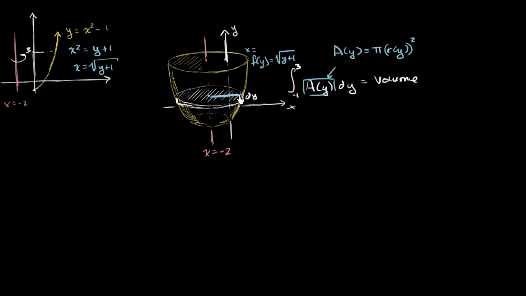So what's the distance here at any point? Well, let me make it very clear. It's going to be our total distance in the horizontal direction. So this first part right over here is just going to be the value of the function. It's going to give you an x value, but then you have to add another 2 to go all the way over here. So your entire radius as a function of y is going to be equal to the square root of y plus 1,